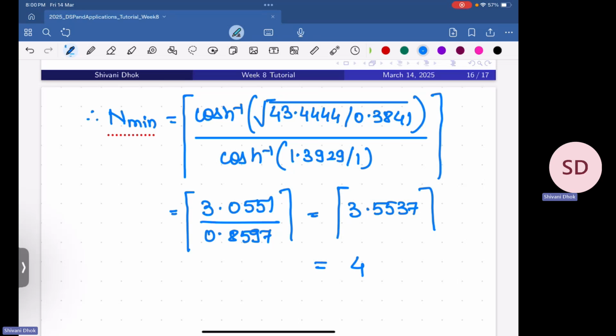Now an interesting thing is that if you compare the order of our Butterworth filter and this Chebyshev filter, the order for our Butterworth filter was 8. However, the order for our Chebyshev filter is 4. So in half of our order, the Chebyshev filter is giving the same tolerance and same passband and stopband edges as our Butterworth filter, but this Chebyshev filter will have ripples in the passband. So that is the cost that we are paying compared to our Butterworth filter.